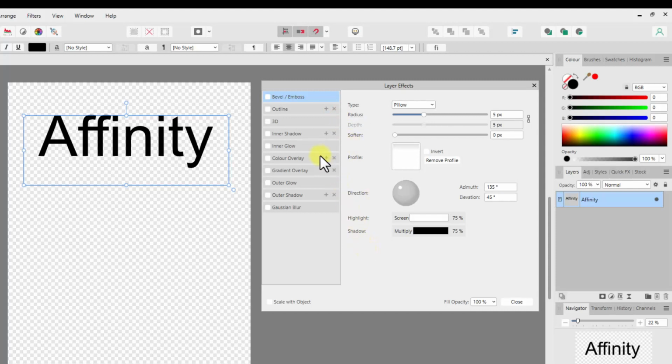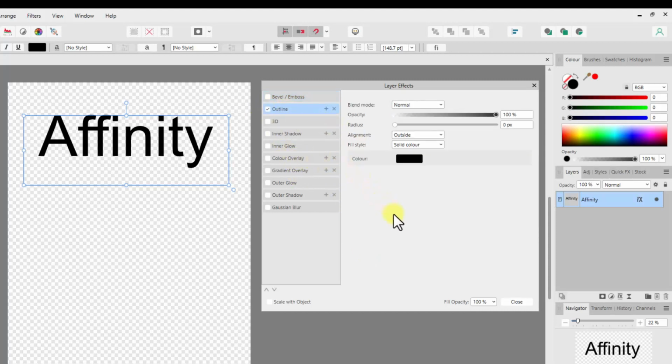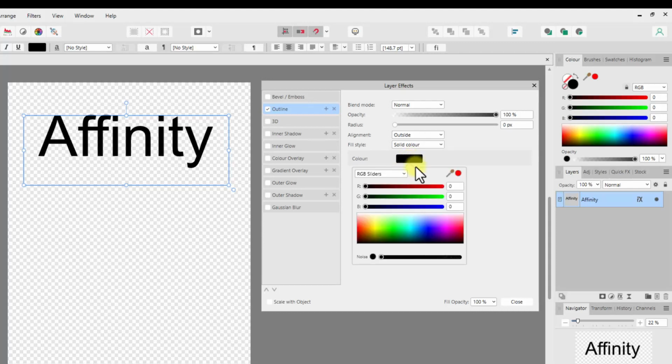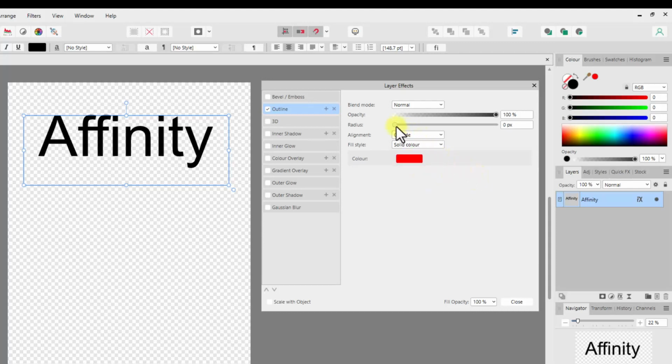I can click and add a tick in the box just before an option's name, like outline, for example. This will make that option active. I will just need to click on the option's name to see the adjustments for that effect. If I change the outline effect's color to red and increase the outline just enough to see the red,